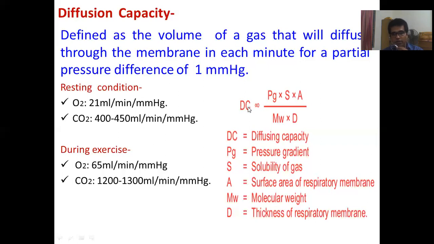But the diffusion capacity is inversely related to the square root of molecular weight. That means if the molecular weight increases, diffusion capacity will decrease. And D for the thickness of the membrane. In case of increased thickness, the diffusion capacity will be decreased. So there is an inverse relationship between the diffusion capacity and the molecular weight and the thickness of the